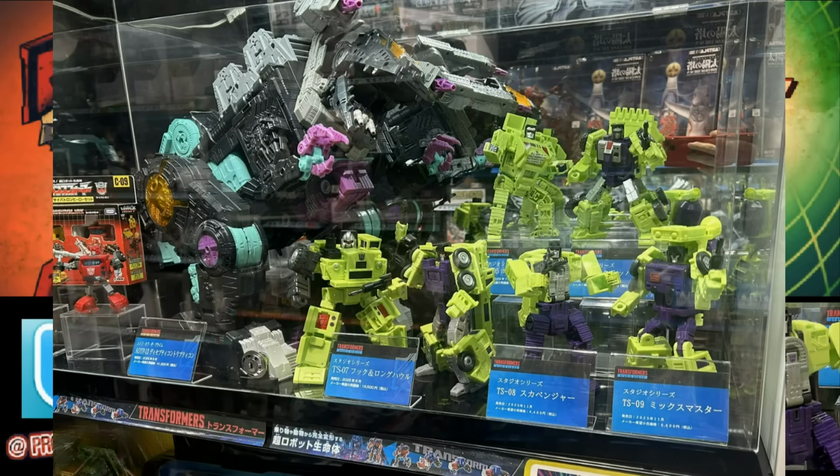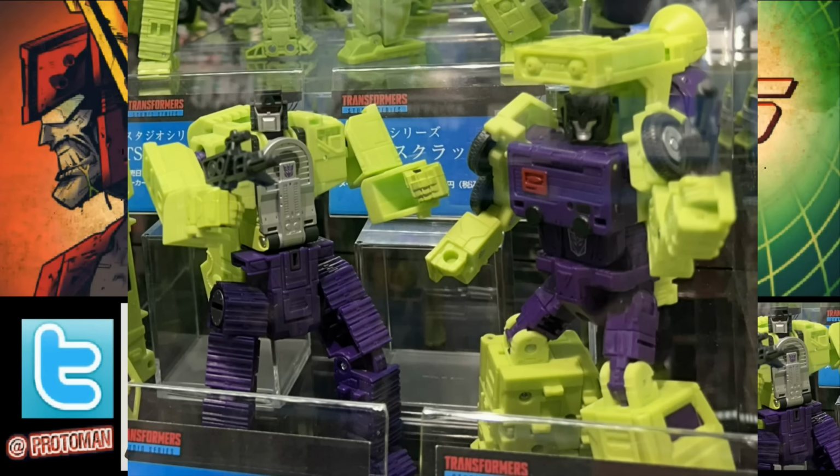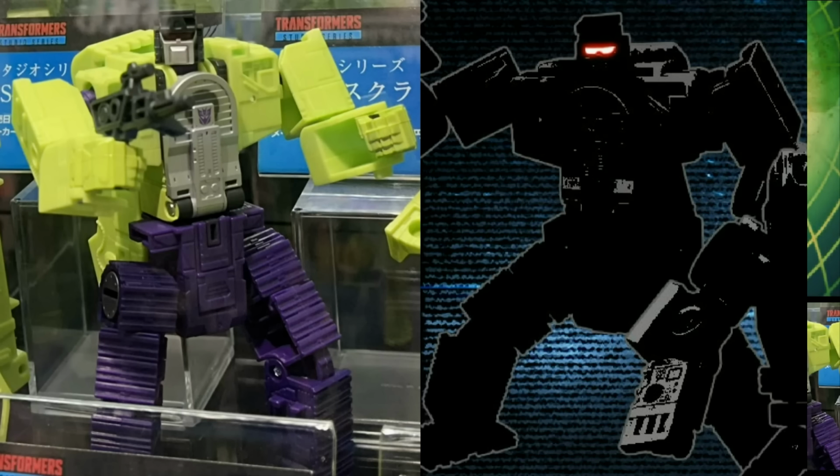store display that was discovered in Toys R Us in Japan. And out of nowhere, we got our very first look finally of the last member of the Constructicons for our Studio Series 86 Devastator, and that of G1 Scavenger. Sadly, it's only the robot mode on display, and it's kind of not the best image in the world. We don't know what extras he might come with, but considering he's a deluxe class, he's going to be the right arm of Devastator, so no doubt he'll probably just come with his little show-accurate gun, and that's about it,